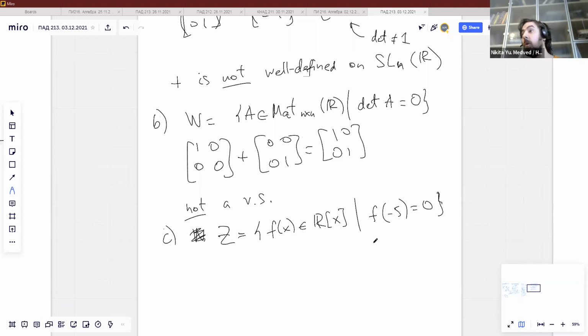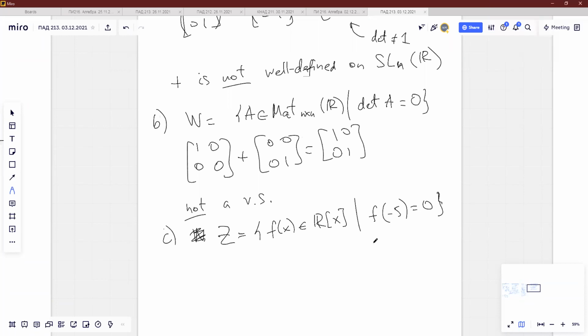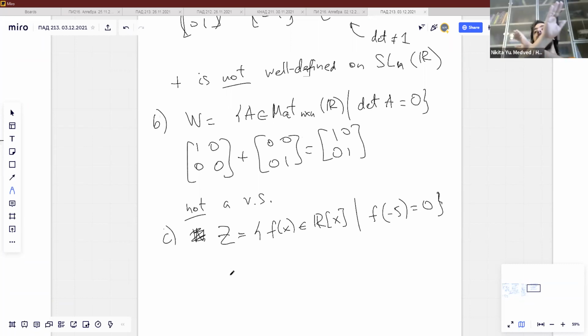We take not all polynomials, but only those who have -5 as their root. It's a vector space, I guess. Why? Because if we multiply these two polynomials, we will get 0 multiplied by 0. And... Okay, that's true, but not